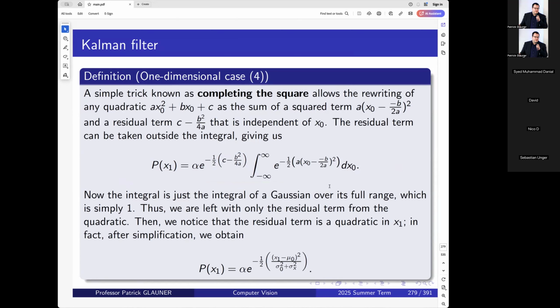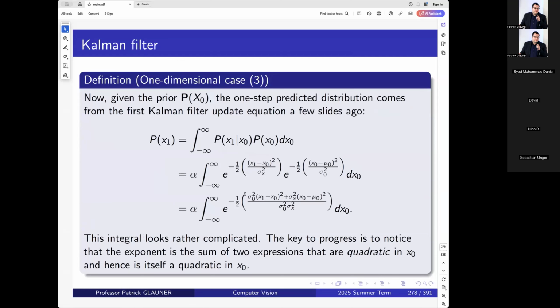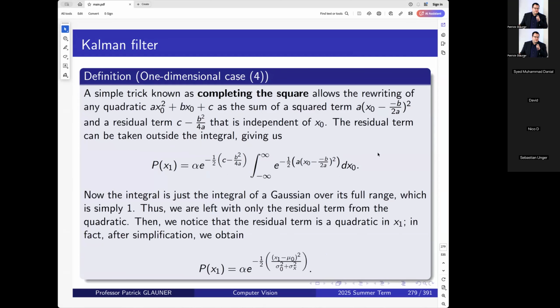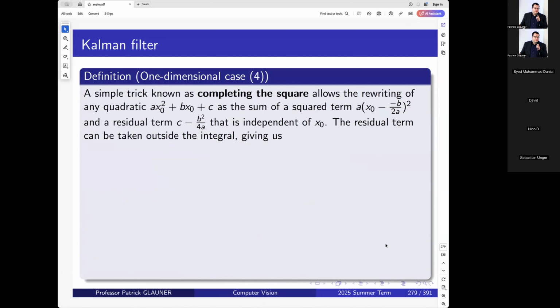and that's why we put the alpha there. And it turns out if you move this out and you apply the completing the square to what we had done here, then this becomes much simpler. And eventually we will see the probability of x1 will be just an exponential, where we subtract the mean from x1, and we will have sigma 0 squared plus sigma x squared. So we notice that the residual term can be moved out, and this looks far simpler than before, because